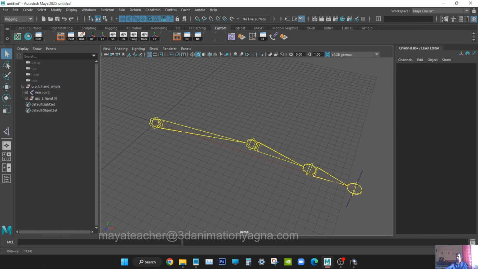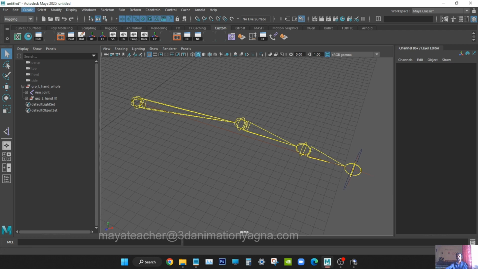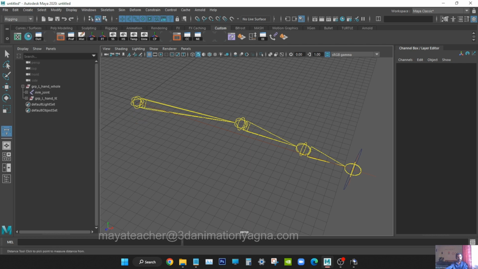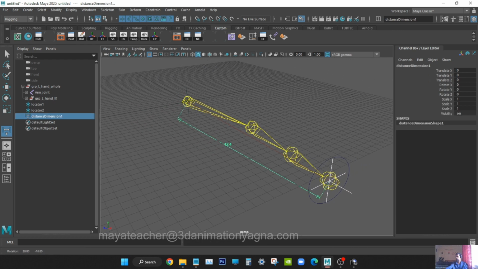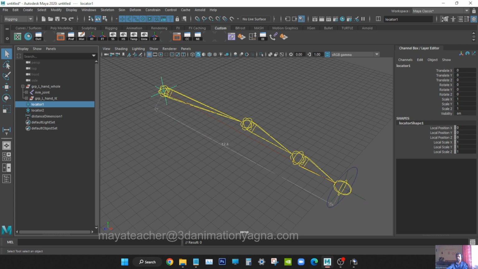Now we are going to use measure tools. Before creating the stretching effect, we are going to create a measure tool. Go to create, measure tools, distance. Press V on the keyboard for point snap from here to here. Right, from here to here. Now press enter. Now you are seeing locator 1 is being created, locator 2, which is here, is being created,